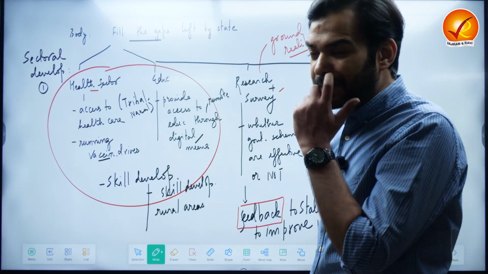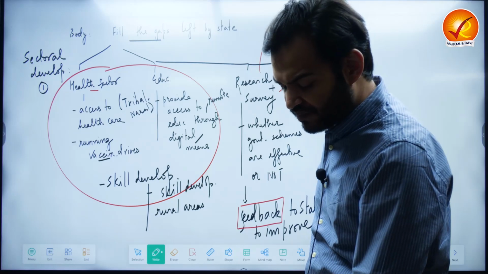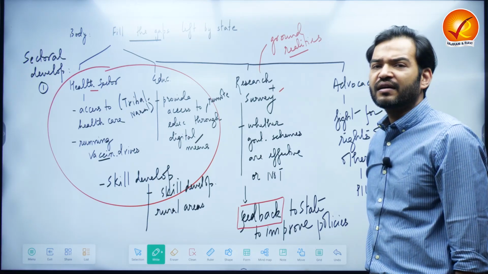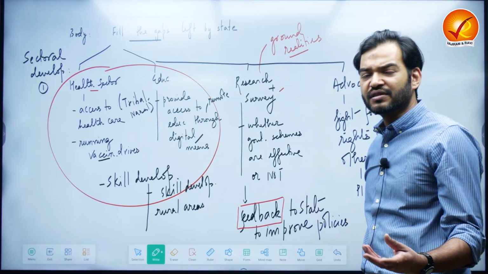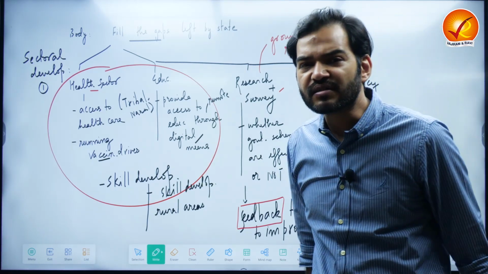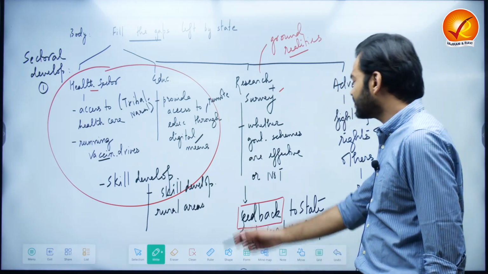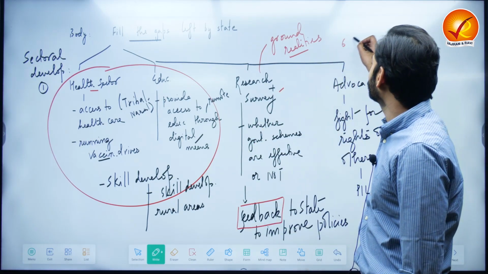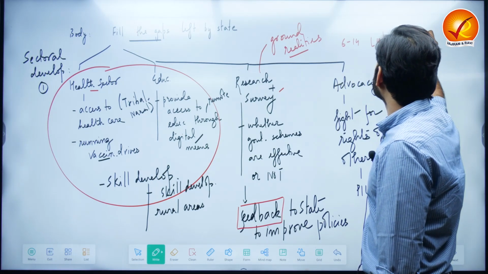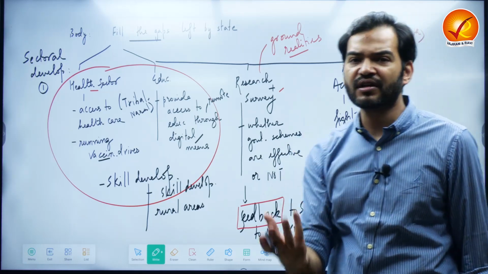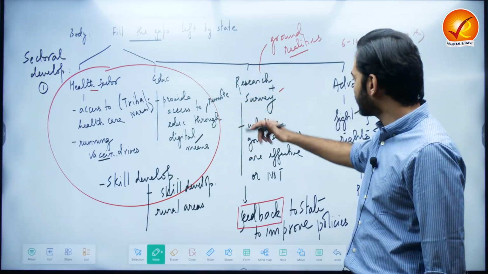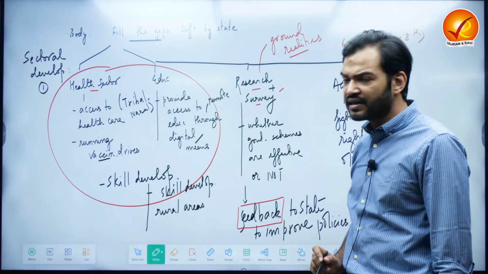For example, there is an NGO called Pratham. Pratham conducts a survey of children who are studying in government schools. They study whether the learning outcomes of the children are effective or not. Learning outcome means children are going to school, but whether they are learning anything in school or not. So what Pratham found was that children in the age group of 6 to 14 years, where India gives free education from class 1st to class 8th, are going to school, their enrollment rates are very good, but their learning outcomes are very poor. So Pratham came to know that learning outcomes are poor by conducting research and surveys.